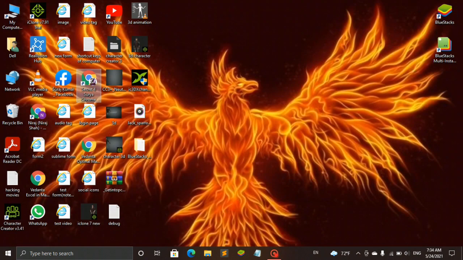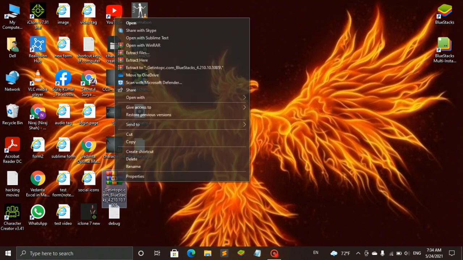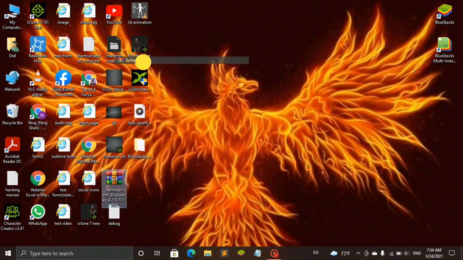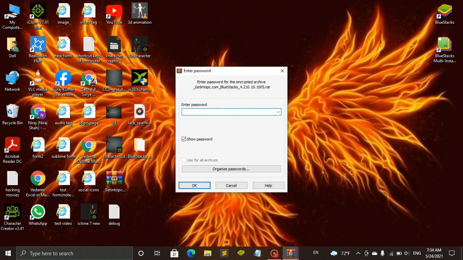So guys, you can see I have already downloaded it, and after downloading, this type of file will be on the desktop if you save the file on the desktop. After that you need to extract the files. For extracting, how should you do it? Right-click, and after that you can see the Extract here option. Press on that, and you will be asked for the password, that is 123. You need to type the same password that I have been reminding you of. After that click on OK.